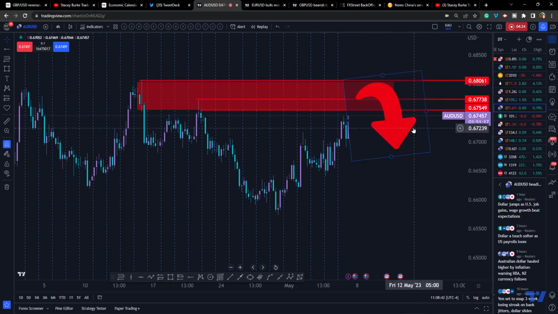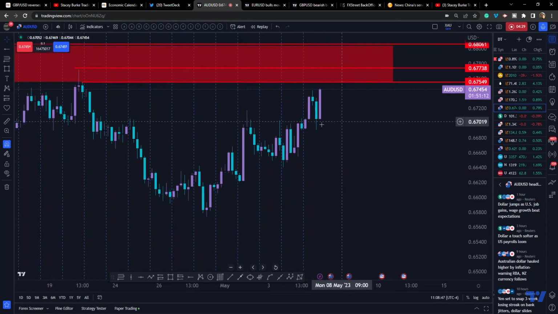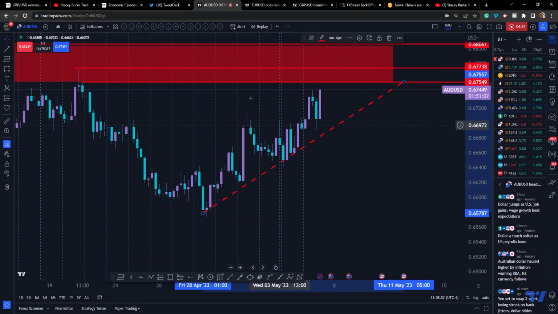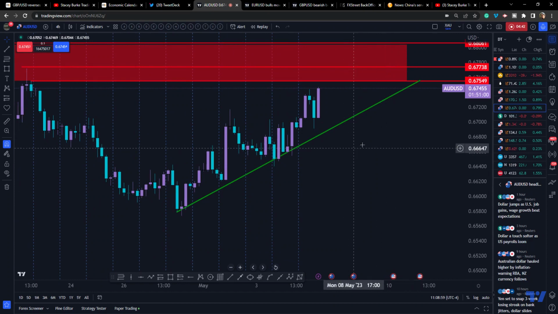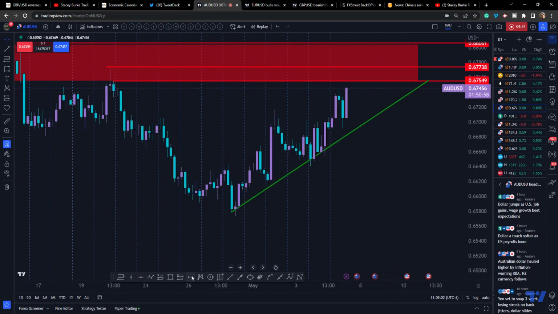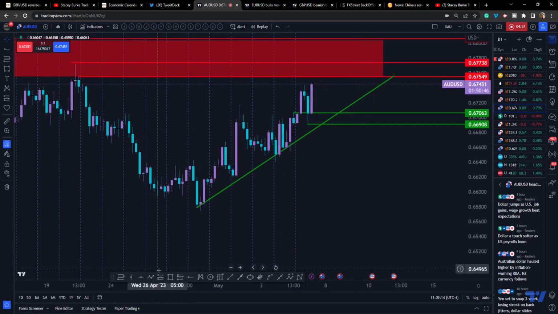What we're more concerned about is seeing the deceleration in the bullish trend, which is this. And we're only going to be active once we've had a break in structure, which is currently down here. With our support channel